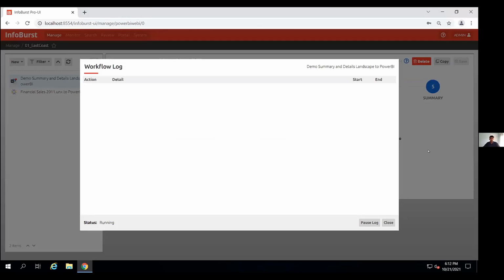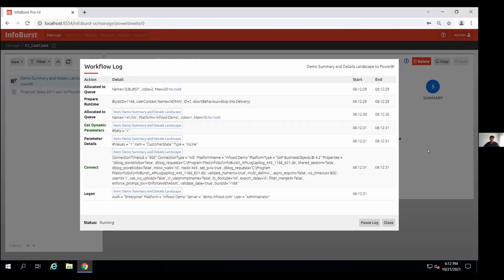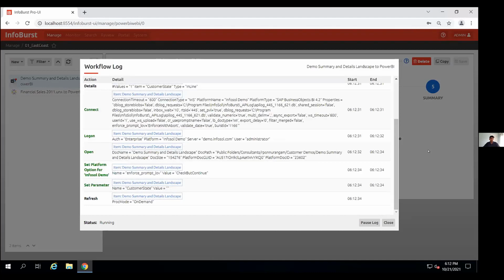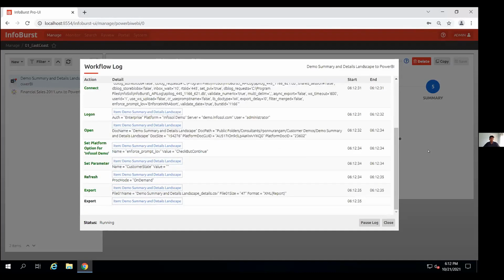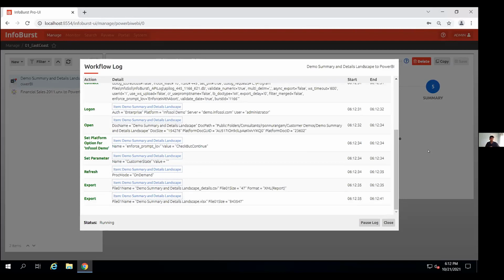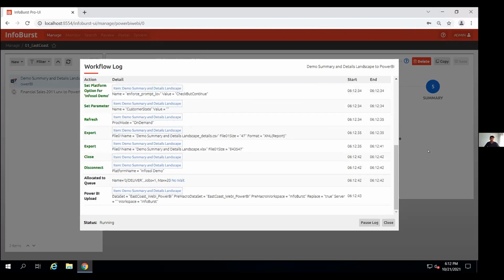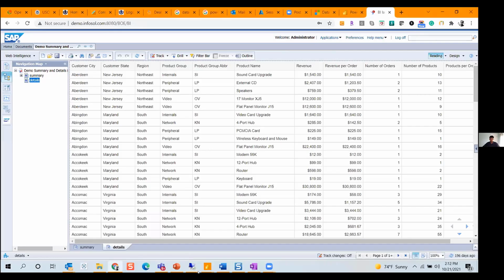Exact same process, but instead of running a universe query, we are going to open the webby report, refresh the webby instance, get the latest data, and we just need one tab of webby report because I selected only one, and then it exports that data into Power BI server directly. So now I go to my Power BI desktop,